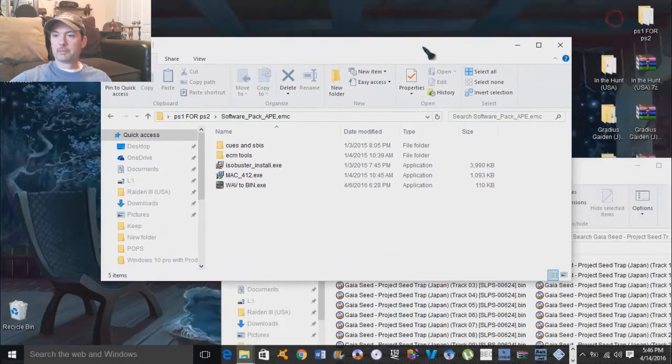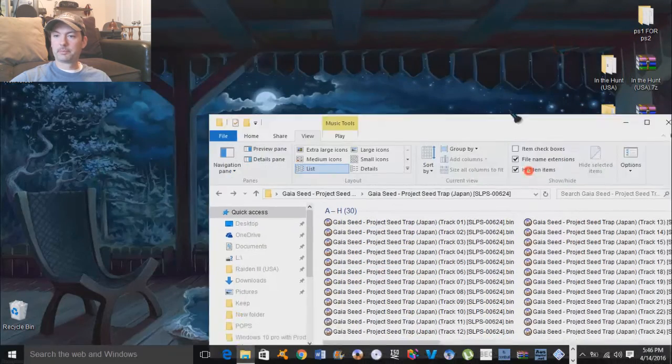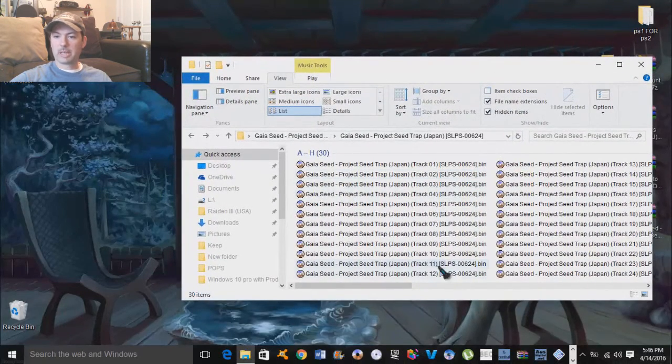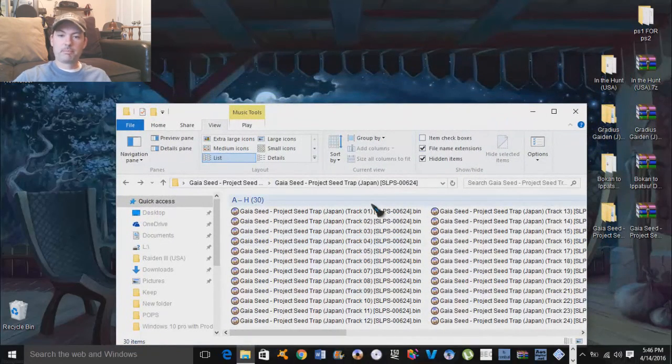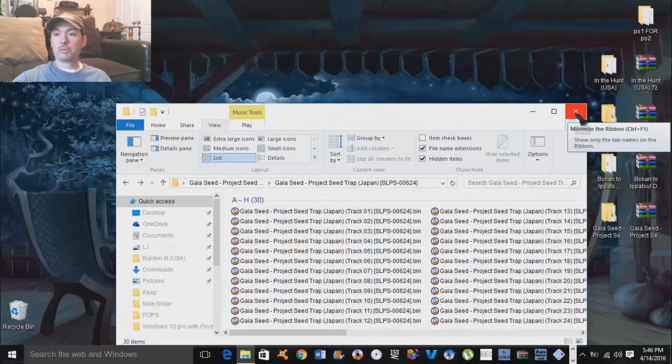And there we go. As you can see, all the 8 files have turned into bin files. And now we have pretty much the same file system we had with the first game, in the hunt, where we had the 30 bin files. This is pretty much the same thing. So what we're going to do now